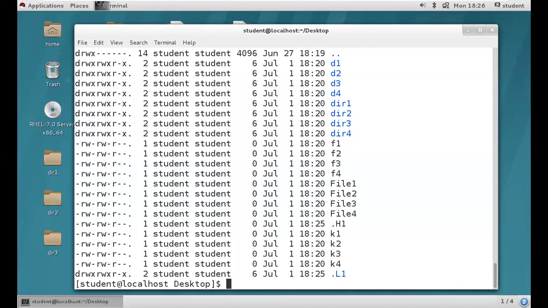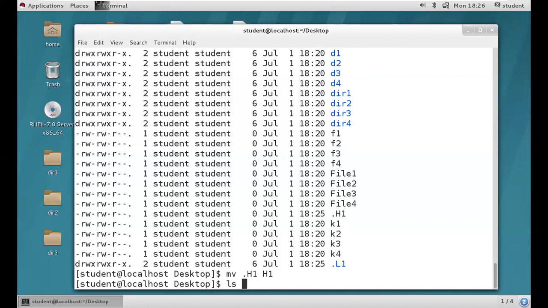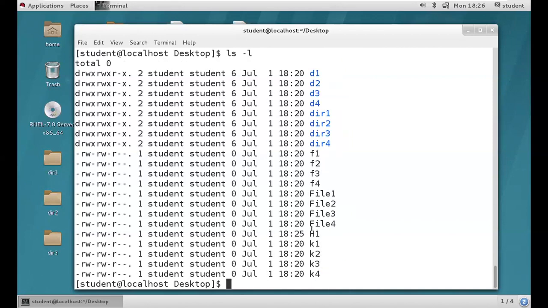Then how to unhide, guys? How to unhide the files? Very good. So mv is a command. mv .h1 to h1. Now it is going to unhide. See. I hope you got it, guys. mv .l1 to l1.